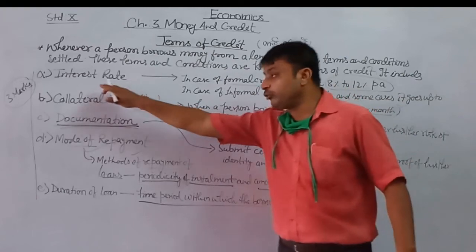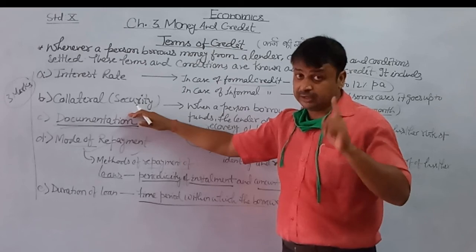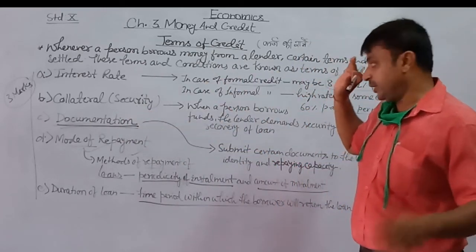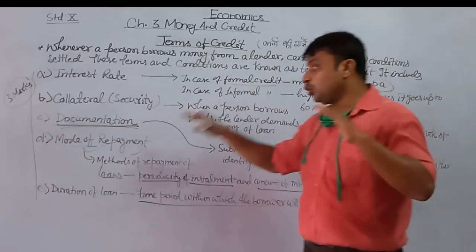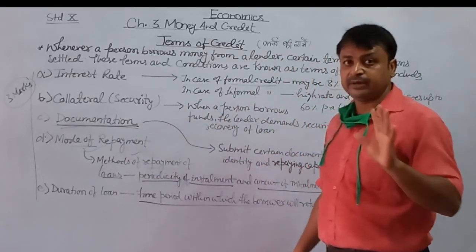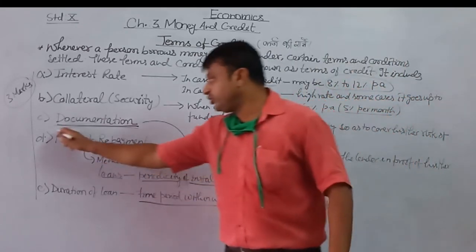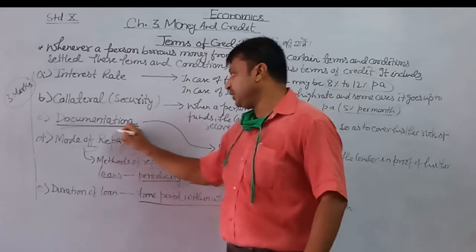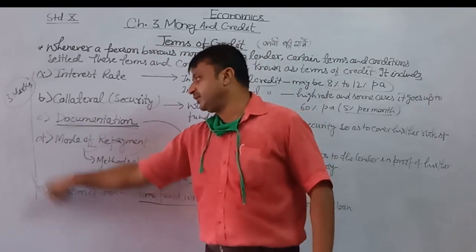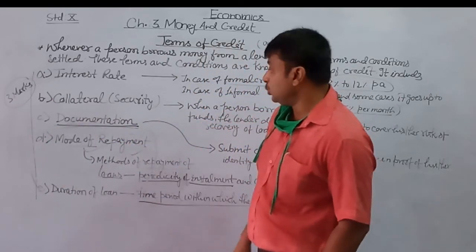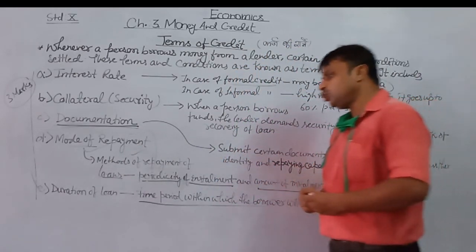अब इससे आधार पर फॉर्मल और इनफॉर्मल सेक्टर को आप डिफरेंशिएट कर सकते हो। फॉर्मल में रेट ऑफ इंटरेस्ट लो, इनफॉर्मल में हाई, कोलेटरल फॉर्मल में रिक्वायर्ड, इनफॉर्मल में नॉट रिक्वायर्ड, डॉक्यूमेंटेशन फॉर्मल में रिक्वायर्ड, ओवर देयर में नॉट रिक्वायर्ड, मोड ऑफ रीपेमेंट बोथ द वे फिक्स्ड, ठीक है। ड्यूरेशन ऑफ लोन बोथ द वे इज फिक्स्ड। ये दोनों चीज तो सारे जगह आती ही हैं, इन दोनों में वो चर्चाएं नहीं हो पाती हैं क्योंकि ये दोनों का ही इंटीग्रल पार्ट है, ये दोनों जगह शामिल है। तो ये बच्चों हो गई हमारी टर्म्स ऑफ क्रेडिट का ये डिटेल।